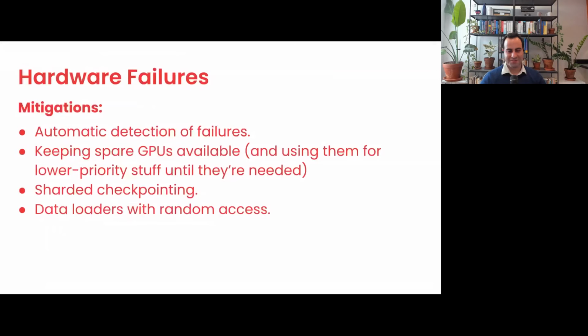So one thing I forgot to mention before is that the other problem with resumption is that your checkpoints are really big. We can do some math here, but just taking optimizer state plus model, that's 6x the number of parameters in terms of bytes. So if I have a 100 billion parameter model, that's 600 gigabytes. That is huge. In fact, in many cases, that may be too big to fit into memory on a single node, depending on how big your memory is. But it's also very tricky because it takes a long time to save that to storage